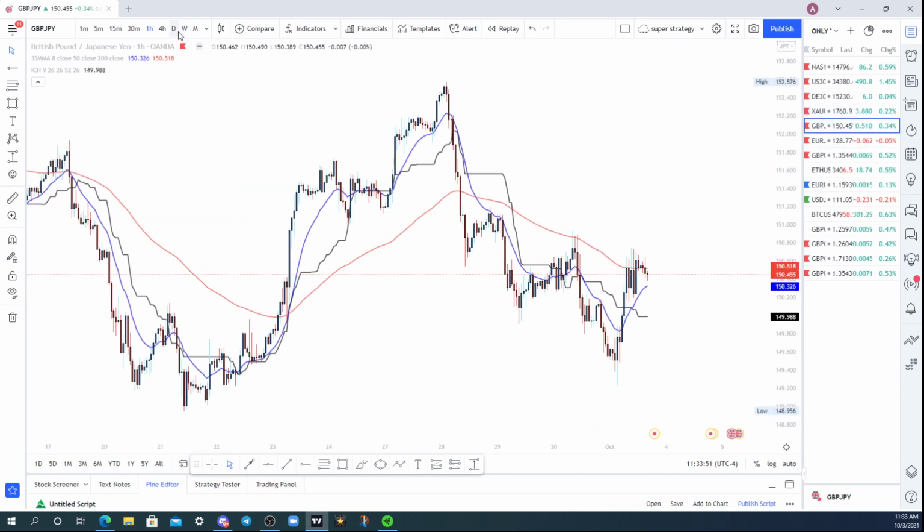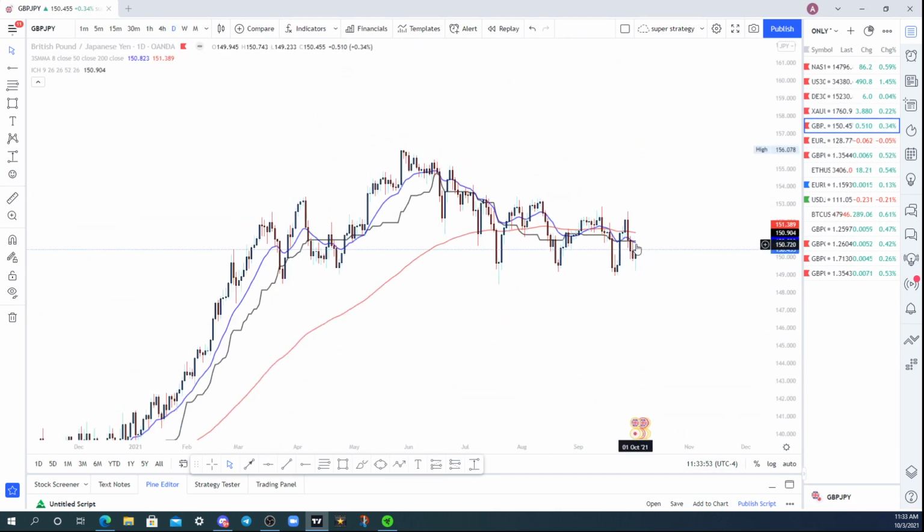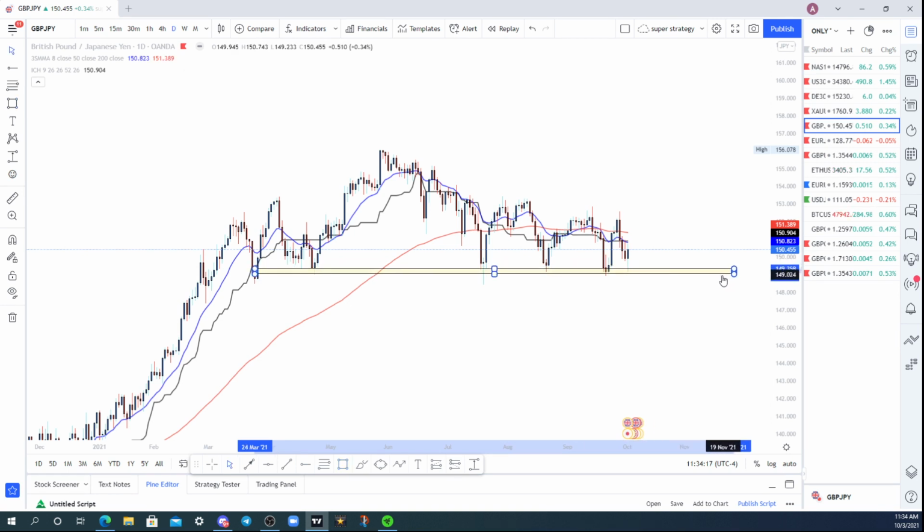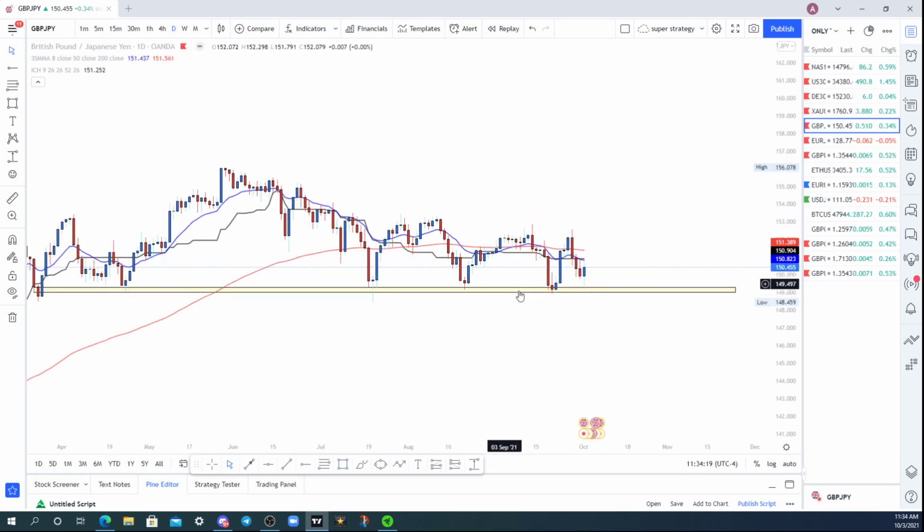Let's take a look here at GBP JPY. As you guys can see, when I'm doing the overview, I'm not going down to the 15-minute or the 5-minute or barely even the 30-minute. The reason why I'm staying in the higher time frames is because we need a higher time frame to set up so that then our lower time frames can give us that confirmation. We're not looking for entries right now, so there's really no reason to be looking at your 30-minute, because it's going to respect the higher time frames at all times.